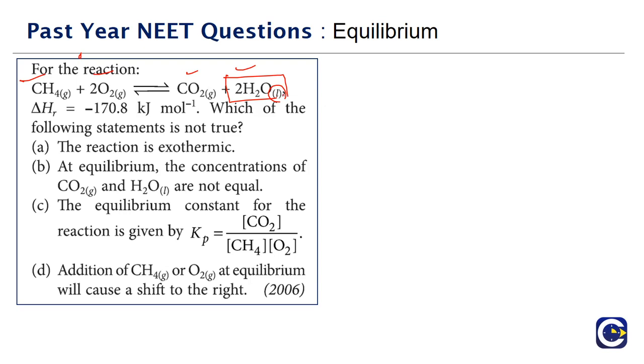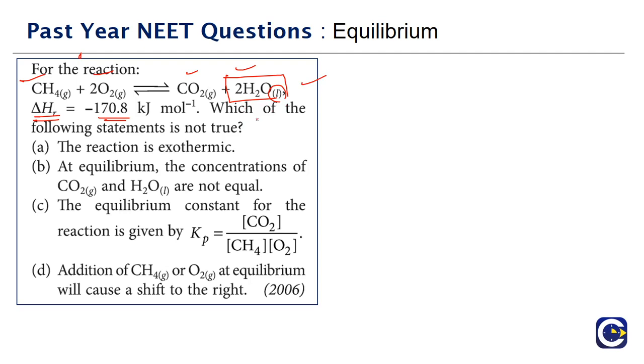But what might happen is, because the combustion reactions are exothermic, here also we can see what is the delta H for the reaction? Minus 170.8 kilojoule per mole. It is an exothermic reaction. Because of the heat that is liberated, the water will automatically convert itself into the vapor state by absorbing the heat. But as such, in the reaction, we should always write the water to be in the liquid state whenever we are expressing a combustion reaction.